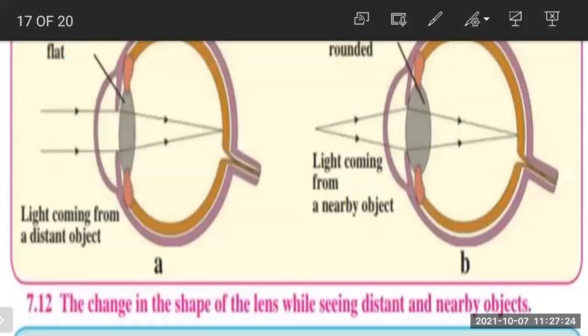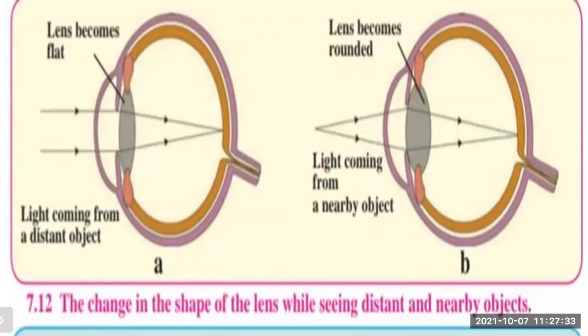Okay. Seeing the distant and the nearby object. Now, when the light comes from the distant object, you can see that the lens becomes flat. Whereas in the other diagram, when the light comes from the